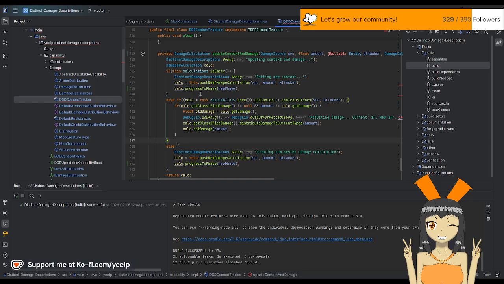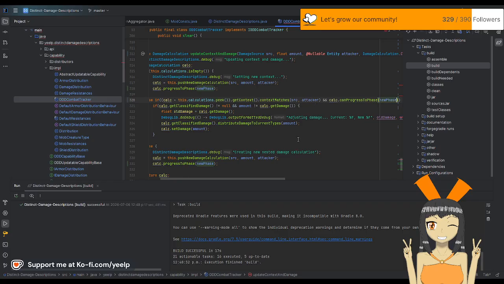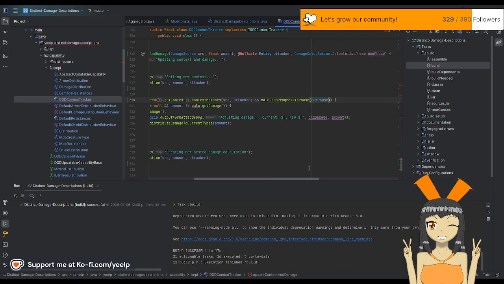And then we peek, we get the context, we see if the context matches. And if the calc dot can progress to the new phase. Right? So the idea is